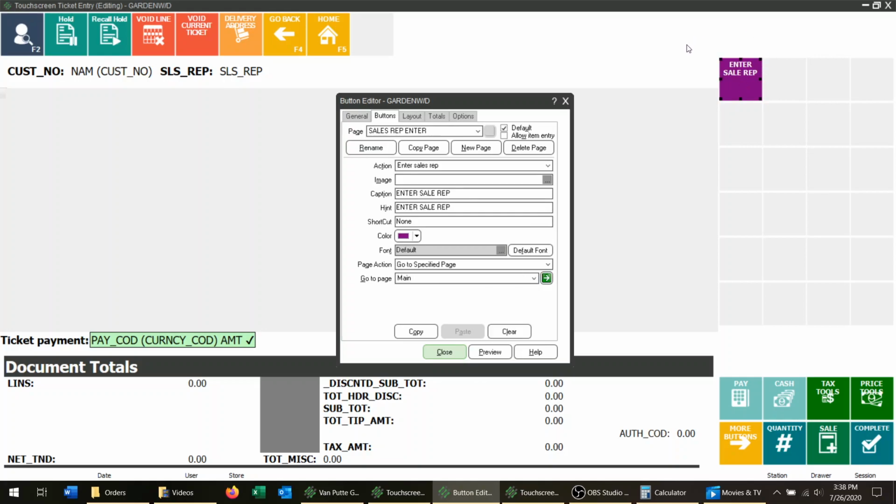if you see when I click over here on the enter sales rep, it more or less gives me little cursors around this, so I know that's the button that I've selected, that I've highlighted. This is the main page that I've set up, so this is the start of everything. In order to get somewhere else that you want to make changes to, you have to hit this little green arrow